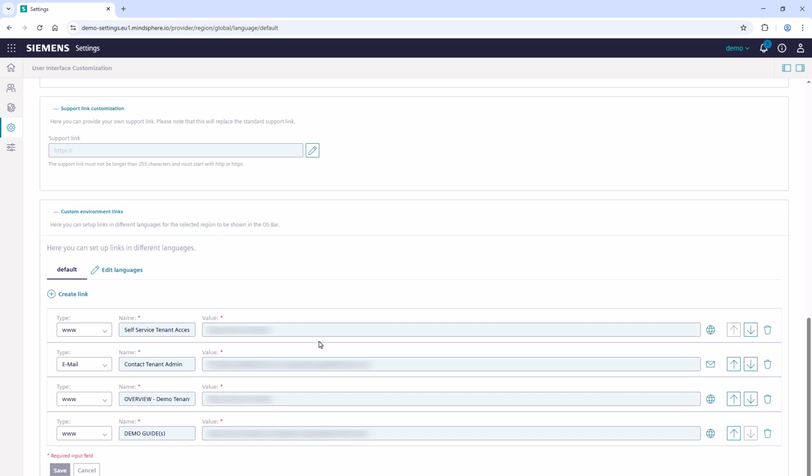If you have international users, you can provide different links based on the browser settings of the user. One example for links: if the user has English set in their browser, it will lead them to an English website, and with a German browser, the link will lead them to the German version of the website.